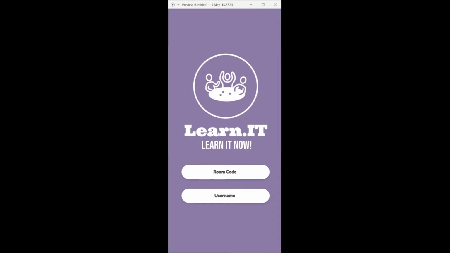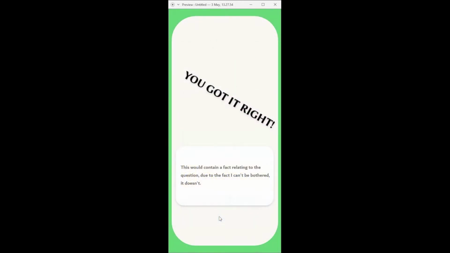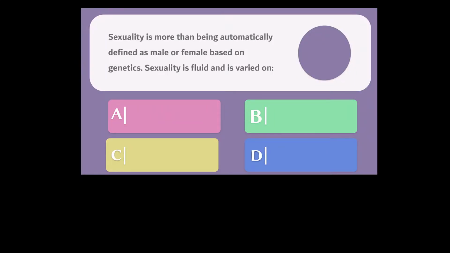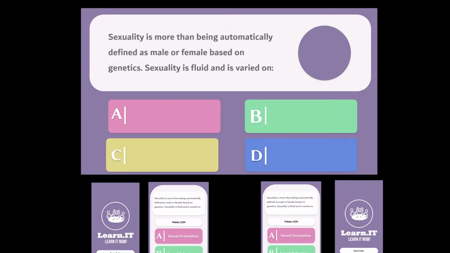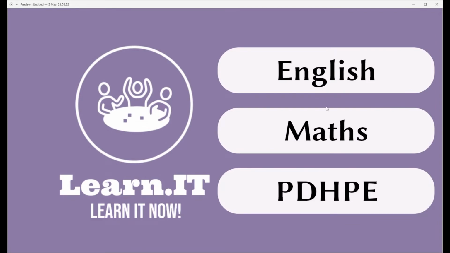This is easily achieved by enabling students to access the game via a laptop, via their smartphones, or even just to be played in front of the classroom with the teacher directing the conversation and how students answer questions. Our two modes of play are a normal mode, which is done with a parent device hosting the questions, preferably on a whiteboard, and then all the students logging in with a unique username, similar to those found in the Jackbox Party Pack games. Teachers can adjust what questions they want to give their class, should they want to provide a more appropriate experience for their KLA.